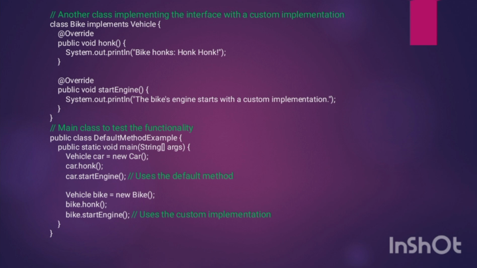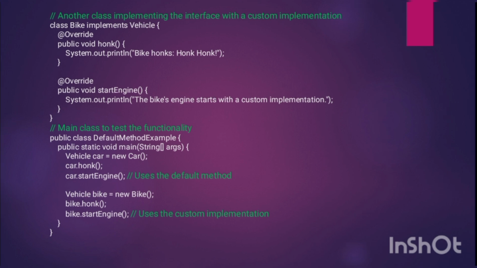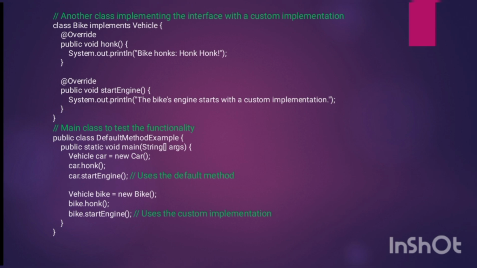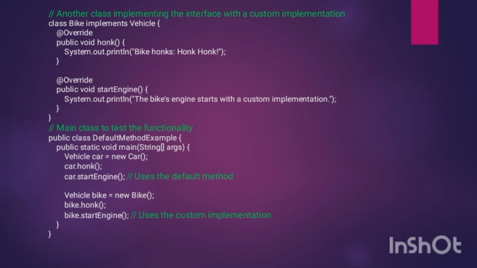In the main method, objects of car and bike are created, but they are referenced using the vehicle interface type. When car.honk is called, it executes the honk method defined in the car class. When car.startEngine is called, it uses the default implementation from the vehicle interface because car does not override it. For the bike object, both honk and startEngine execute the methods overridden in the bike class, as it provides custom